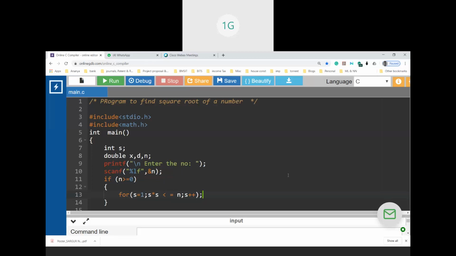The first part of your for loop is the initialization statement that executes, or that is what is performed first. And the second part is your conditional statement. So after initialization, your compiler will automatically check the condition in the comparison statement. Only if it evaluates to true will the body of the for loop get executed, or else it will not execute. It will not even go to the incrementation statement. You should all remember this. These are some of the fundamental aspects of for loop.